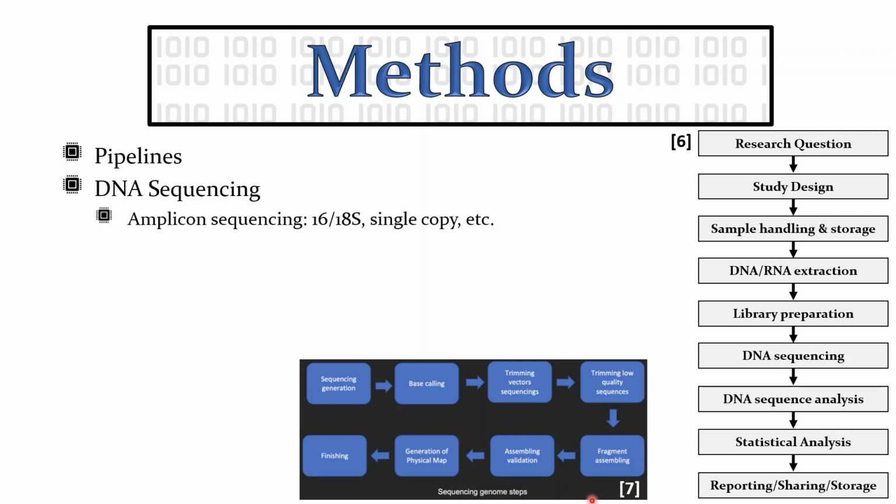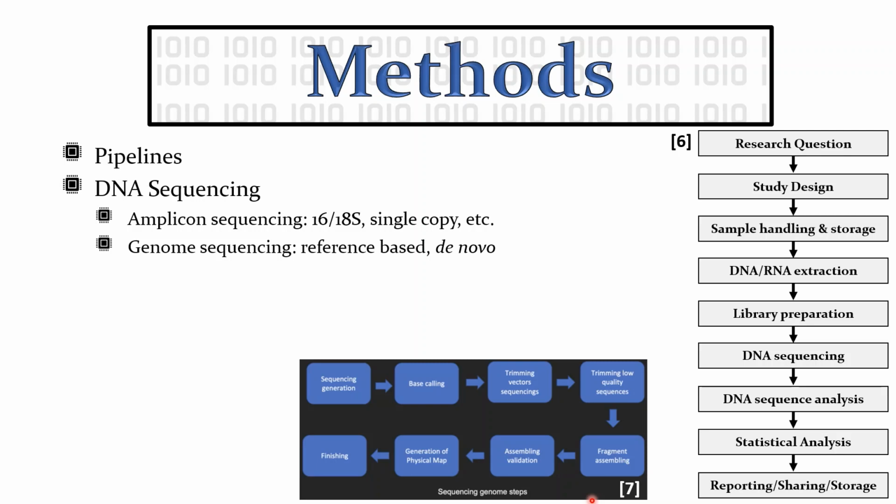Now, on the base level, there's two main types of DNA sequencing. One is amplicon sequencing, where you're just taking a certain segment of a genome. And usually with amplicon sequencing, you're sequencing a lot of different samples. The most common here is 16S or 18S. That's good for determining who's in a sample, like what microorganisms or whatnot are in a sample